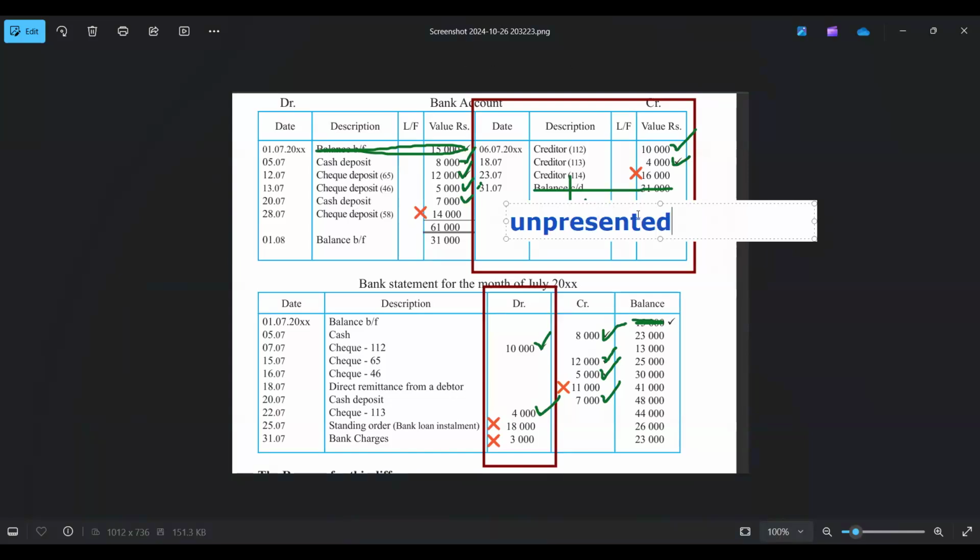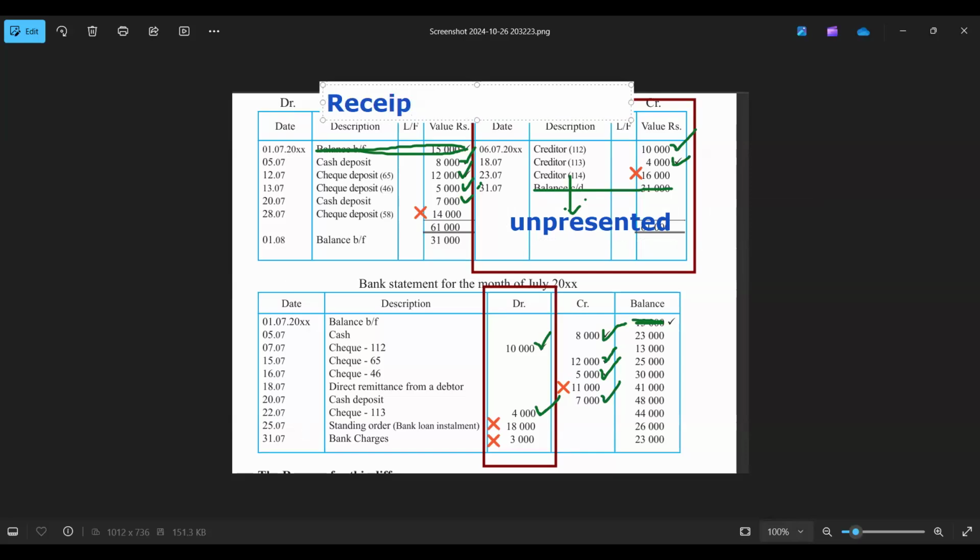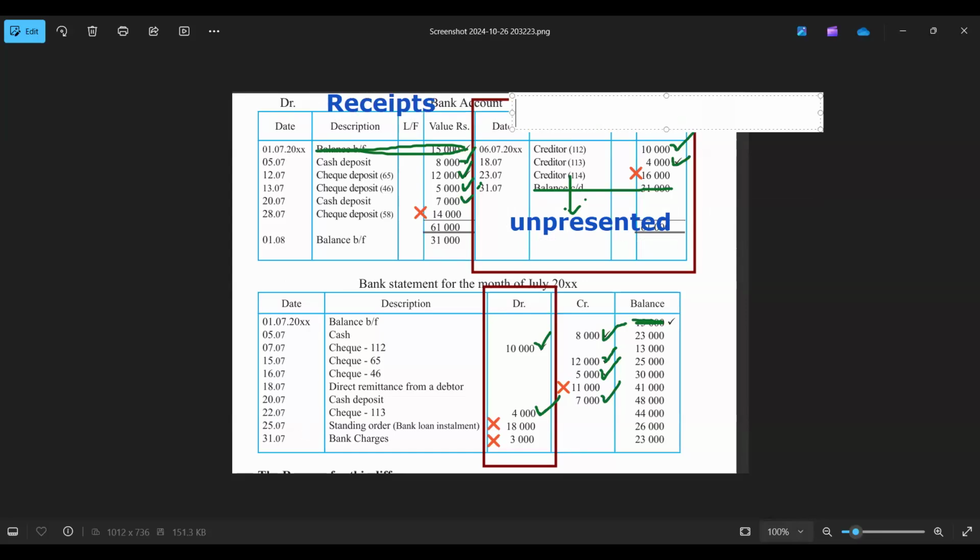The credit side is called the payment side, because it reduces your balance, while the debit side is called receipts. The income, the money that comes into the business, is recorded on the debit side. So we got the receipts and we got the payment. Payment, money goes out. Receipts, money comes in. So unpresented check: see the starting letter, the letter P. And for payment, you got the letter P,